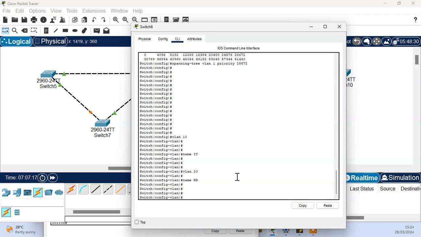And if I do that, still I have to trunk the ports in between. Yeah, I have to trunk the ports in between. By the way, even if I don't assign the VLAN, I think it can work. Let me just see what I can do. Just to ease the creation of VLANs, I'll just